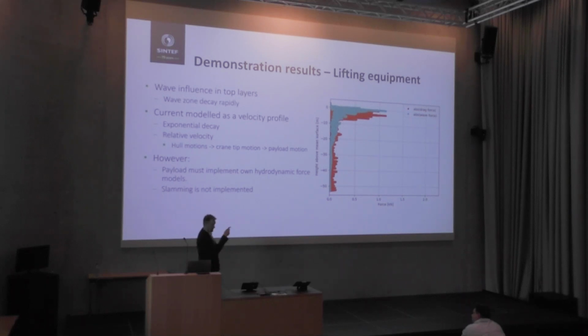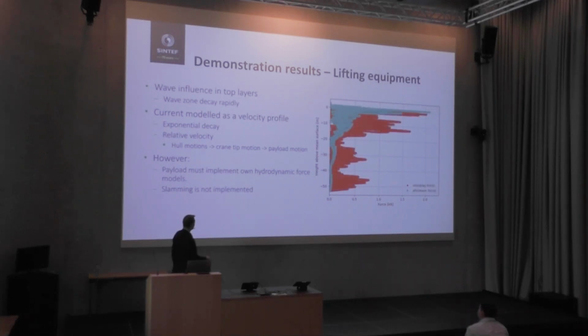So this is force levels plotted by position in the water column. Then you see the exponential decay of the wave force, and also an exponential decay in the drag force because the current is varying in the water column. And for severe weather, as expected, wave forces are decreasing, but they go further down. We have a lot more drag force because everything is moving back and forth quite severely. So this shows that we have, call it, successfully